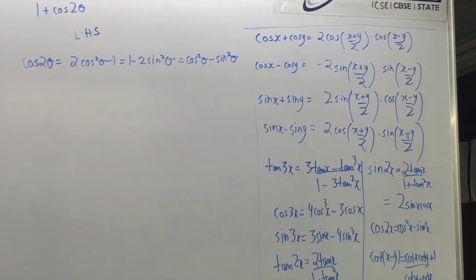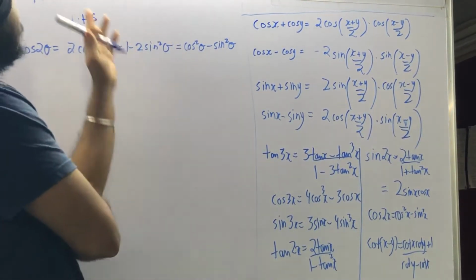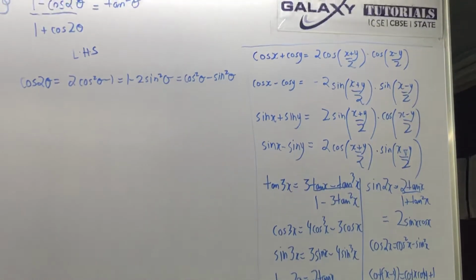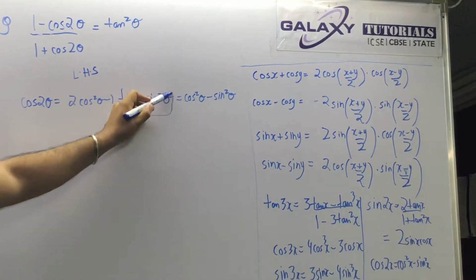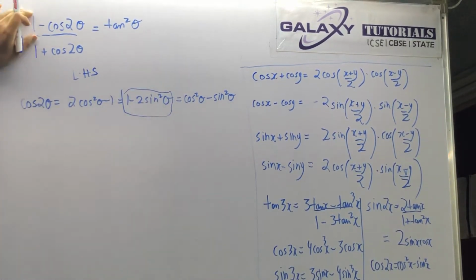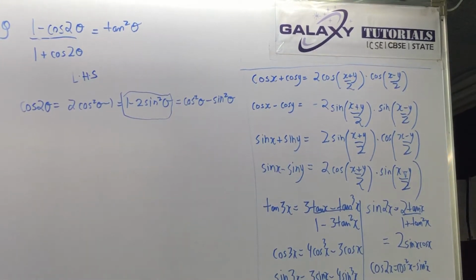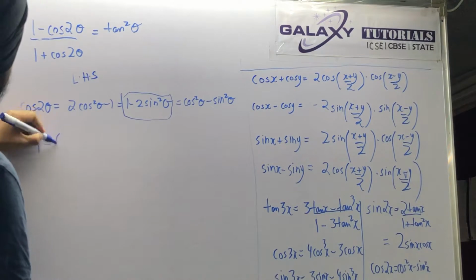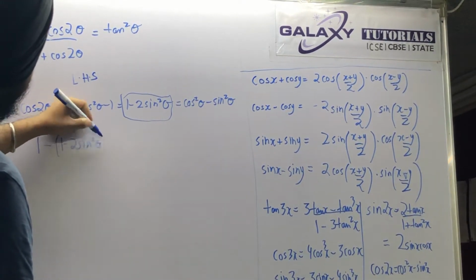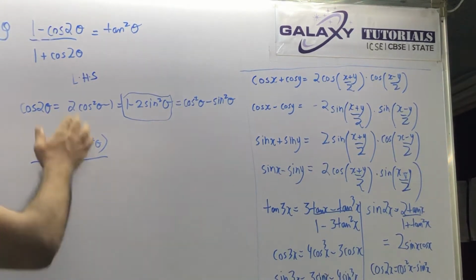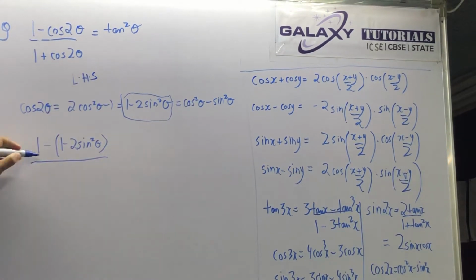Now what I was saying is that you have to use any of these three formulas and put in the value of cos 2 theta. So in the numerator, which formula will you put? You will put 1 minus 2 sin square theta. Why? Because I want sin on the top and cos on the bottom, because tan is always sin upon cos. So I will put here 1 minus (1 minus 2 sin square theta), and instead of cos 2 theta in the denominator I will put 2 cos square theta minus 1.